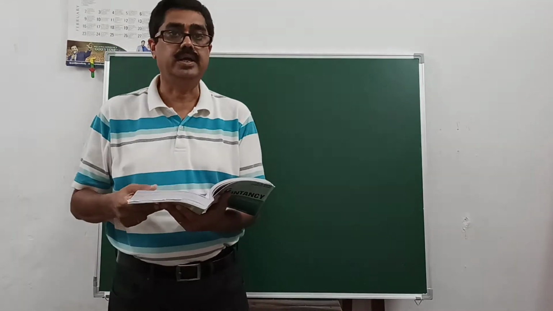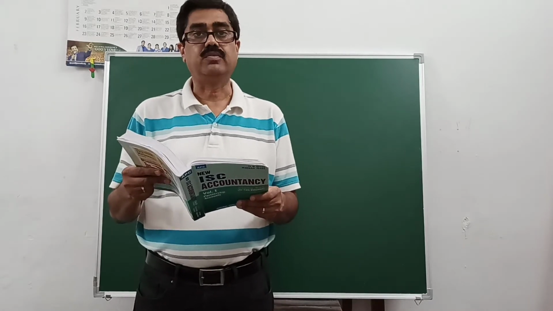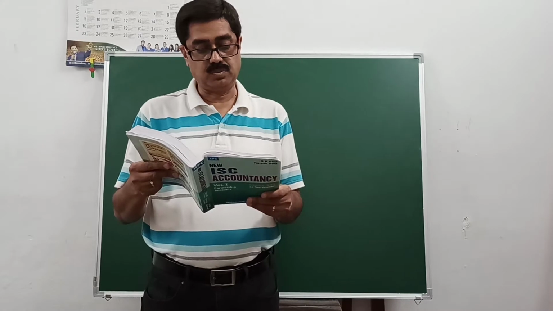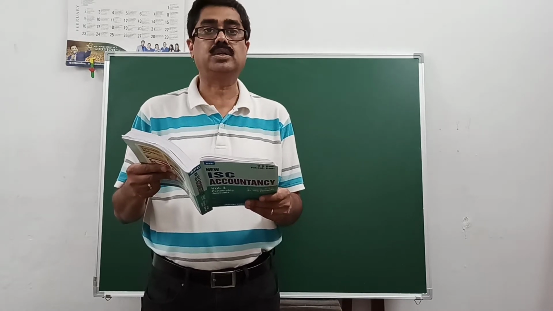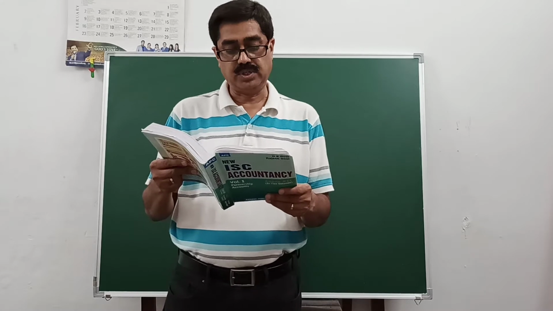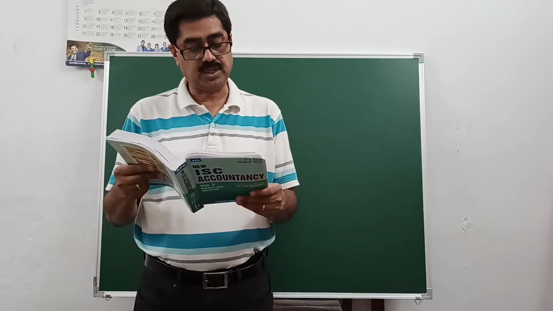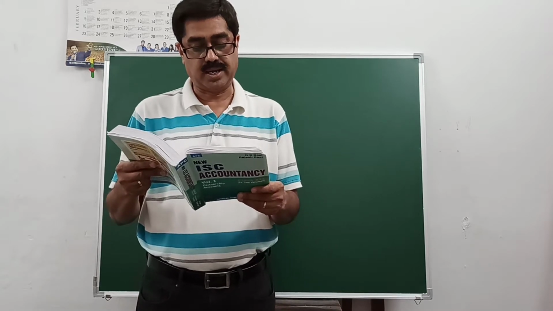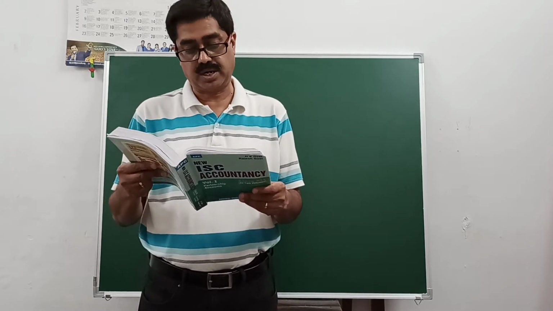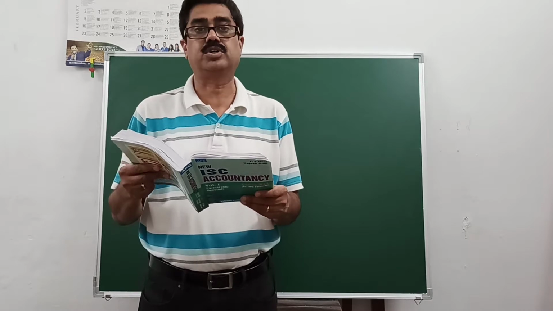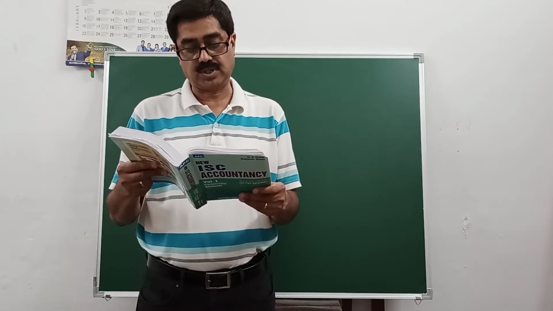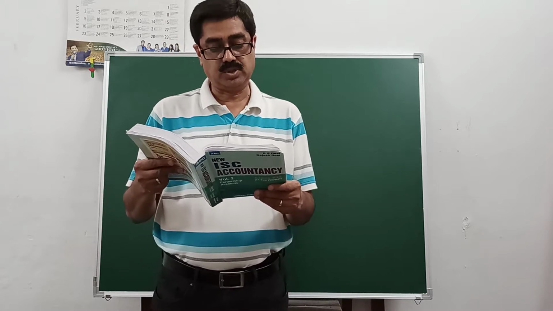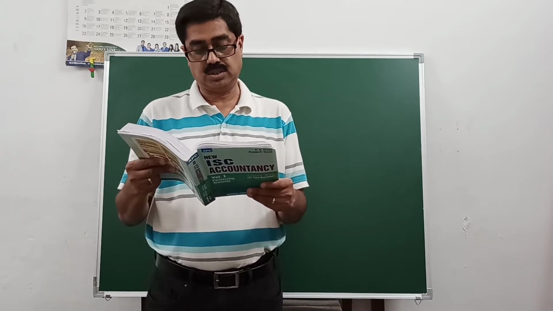Question number 60A, where it is given Mohan, Vijay and Anil are partners. Their capitals being rupees 30,000, 25,000 and 20,000 respectively. In arriving at these figures, the profits for the year ended 31st March 2018, rupees 24,000, have already been credited to the partners in the proportion in which they share profits. Their drawings were rupees 5,000 Mohan, rupees 4,000 Vijay and rupees 3,000 Anil for the year ending 31st March 2018.